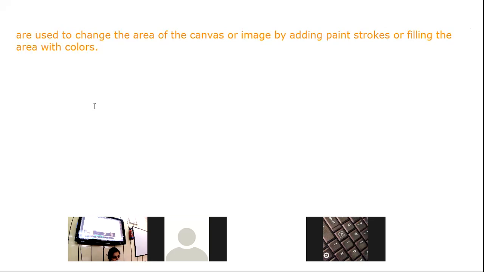What is the use of hue and saturation dialog box? Use of hue and saturation dialog box. Yes. Right. Hue is used to change the colors or used to adjust the colors in the image, whereas saturation is used to set the intensity of the colors. Right? Given on page number 75.